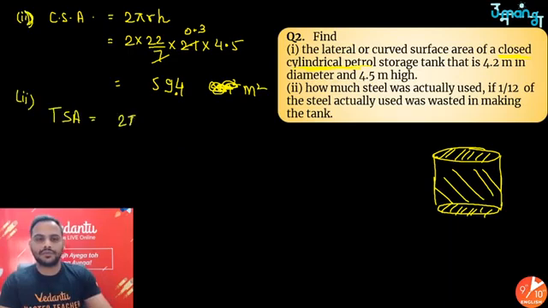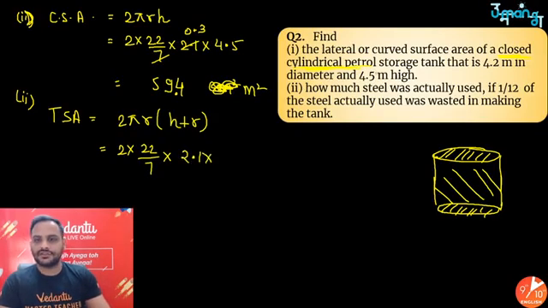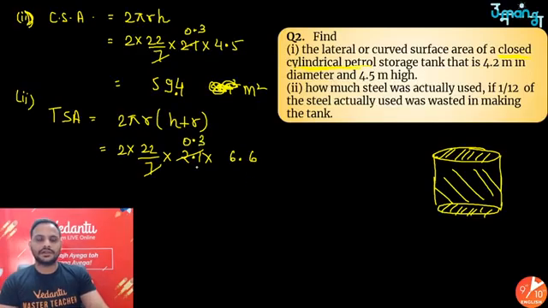TSA is 2 pi r into h plus r. So 2 into 22 by 7 into r, radius is 2.1, into h is 4.5 plus 2.1. 4.5 plus 2.1 is 6.6. Again 0.3 into 2 is 0.6, and 6.6. Here if we multiply,